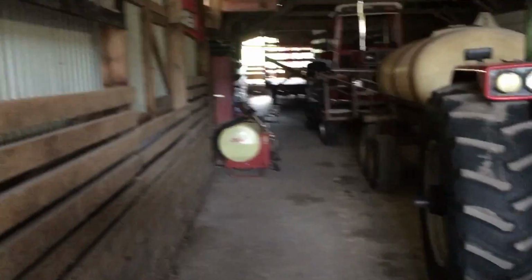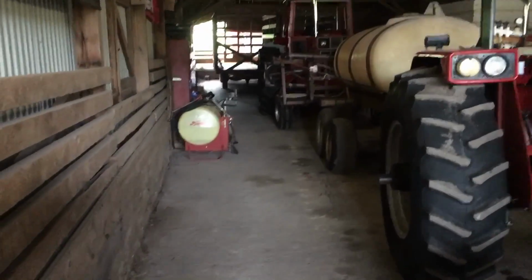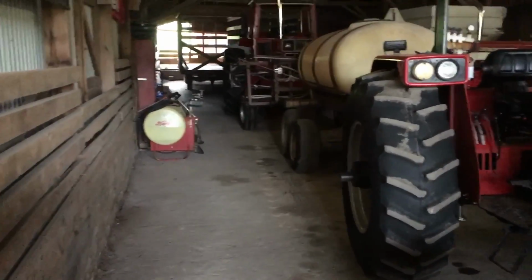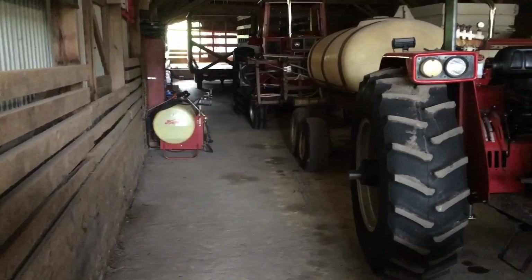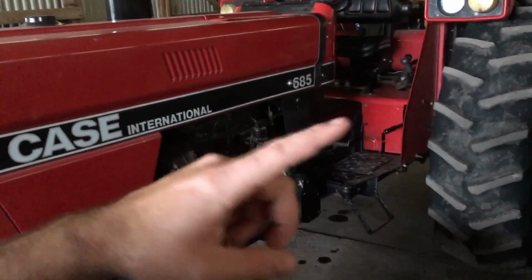All right, so I had quite a few hay sales. I'm glad to get rid of some of this hay. It's moving now. This time of the year, my budget is always the lowest it's ever going to be throughout the whole year. Now with some hay sales, I've ordered some parts here finally. Some of them are necessary, some of them probably are just more accessories for the tractors to make them look nicer. But anyway, I did order new tires for this tractor, and I'm going to get into why I ordered new front tires. The rear ones were brand new last winter, or this year actually, beginning of this year. There's a whole story on these. First of all, let me...